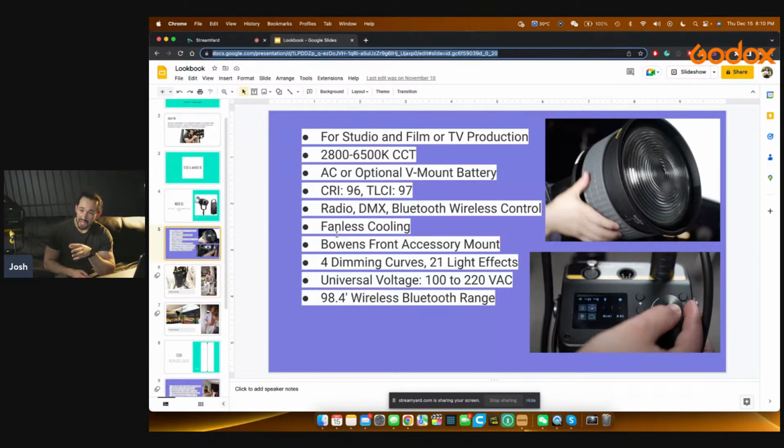But just know that that option is there, so you can have a silent light if you need that option. So yes, fanless cooling for sure, but you're limited on that output. Obviously, we have that radio DMX compatibility, Bluetooth wireless control. It can be controlled via your smart device or mobile device, so you can hook up multiple different Godox products to one device. You can create different scenes and turn on all the lights in that specific scene with just a tap